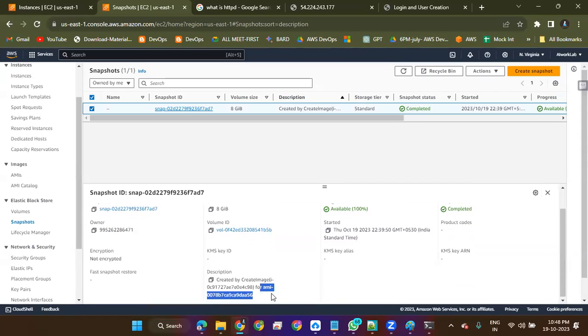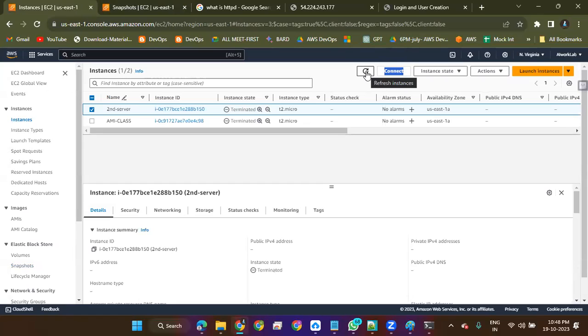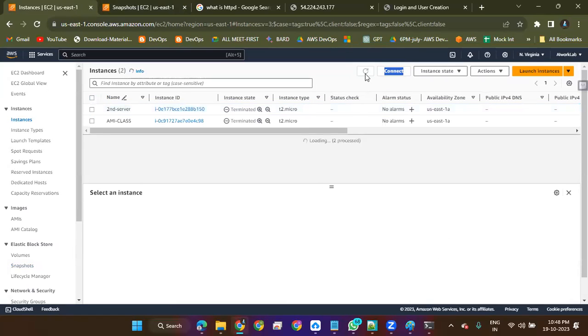Actually, there will be some option, like with the termination, it will be deleted. If we uncheck that, it won't be deleted. There will be some option, right? For snapshot.